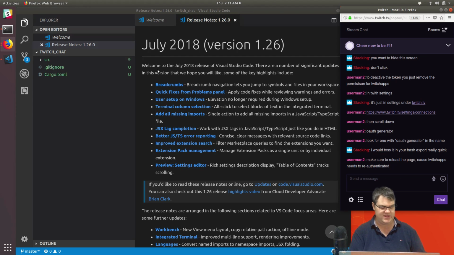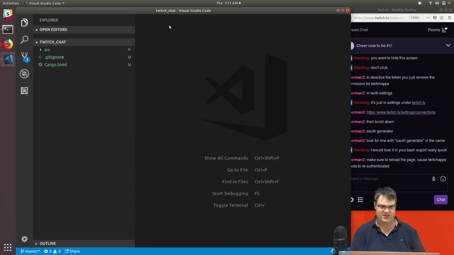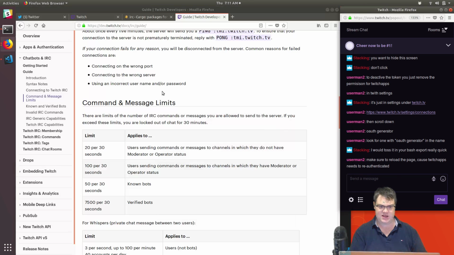I'll be able to read that in the standard environment variables now. But let's see, new version of VS Code. Perfect. Let's go ahead and take a look. So what we wanted to do,